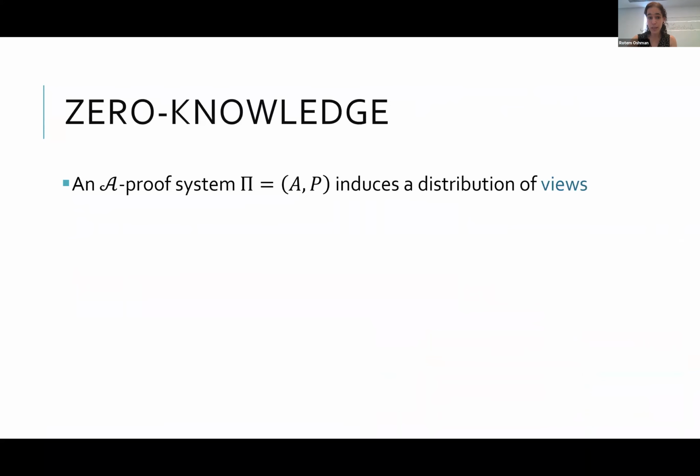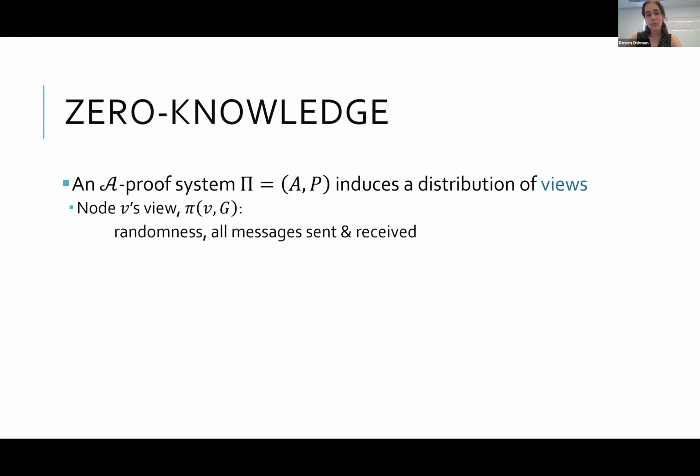So a bit more formally, if you give me a proof system, this proof system induces a distribution over views, because everything here is typically randomized. I do want to allow the verifier to be randomized, and actually the prover will also be randomized. So you get this view, which we denoted by π of V, G, the view of node V in the graph G. If there's an input, you need to add the input here as well. And this is a random variable, which is just a list of the randomness of the node